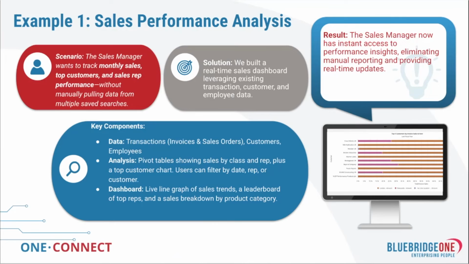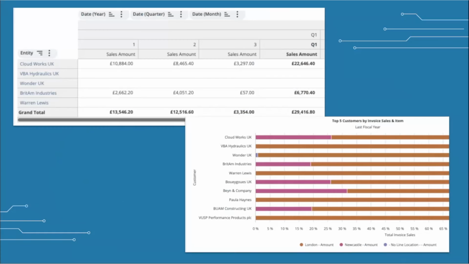So you start off by creating a dataset, and your source would be transactions, customers, and employees. Typical fields would include invoice date, sales rep name, customer name, sales amount, and product category to begin with. And then what you can do with that data source is, for instance, in terms of workbooks, you can create